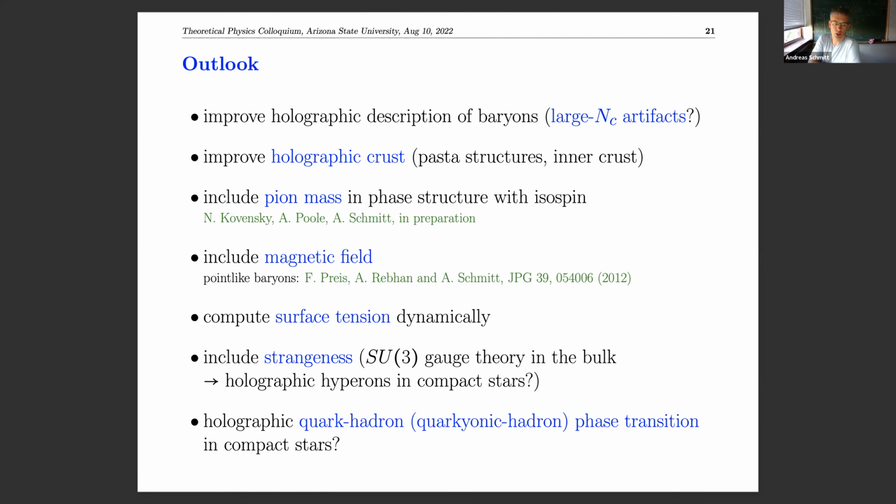Yeah, no, it's on the list, absolutely, because remember that the global flavor symmetry in the field theory translates to the gauge theory in the bulk. I would have to extend the gauge theory to an SU(3) gauge theory, so conceptually it's clear what to do. But it's not easy. I'm not sure because of all the approximations I've already done. Maybe it's difficult, but it's certainly on the list. I think the first point is harder on this slide.